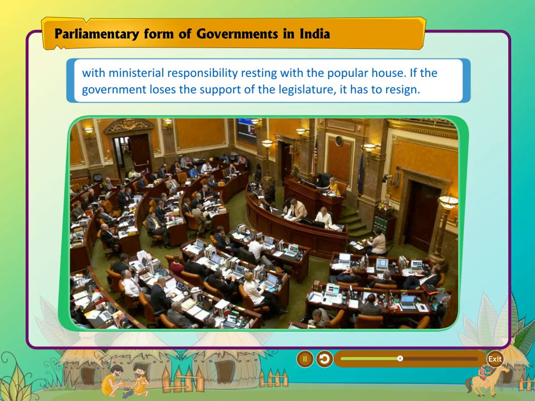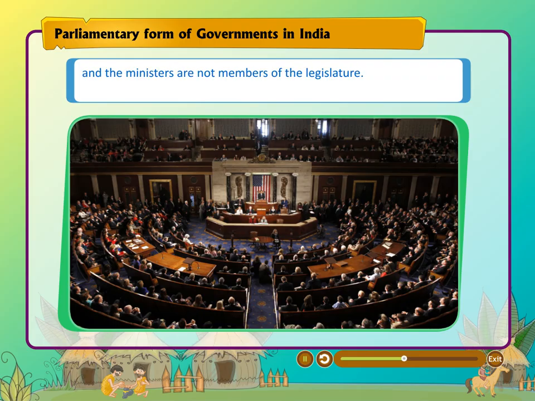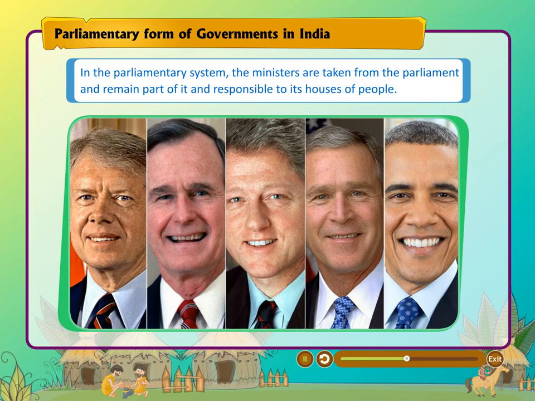If the government loses the support of the legislature, it has to resign. In the US presidential system, the president chooses his or her team of ministers from among the citizens at large, and the ministers are not members of the legislature. It has a nearly irremovable president as the chief executive for a fixed term. In the parliamentary system, the ministers are taken from the parliament and remain part of it and responsible for its